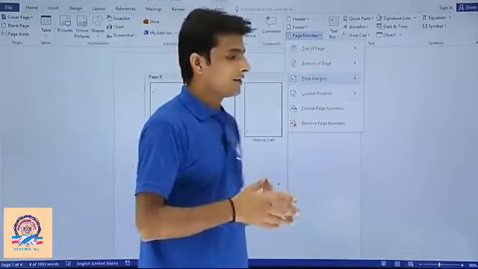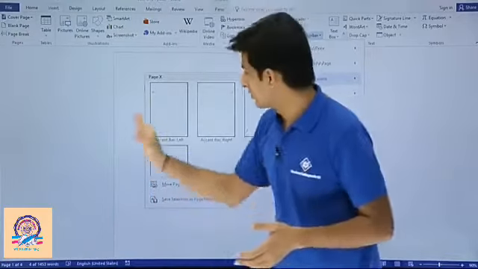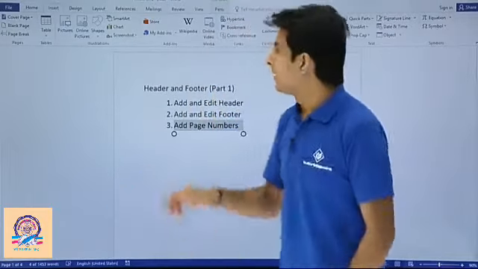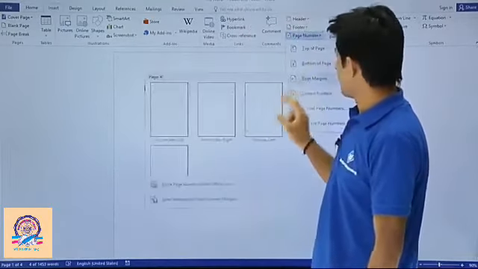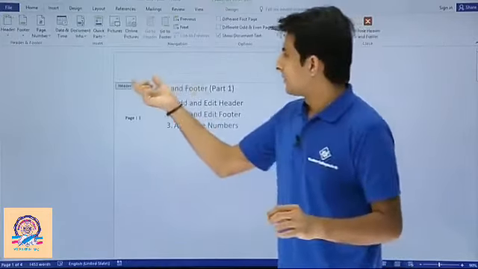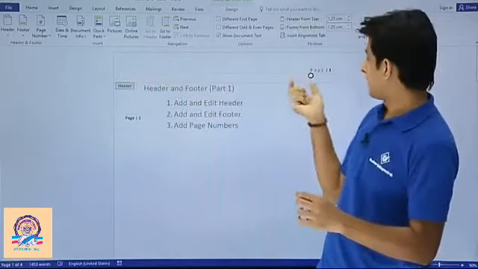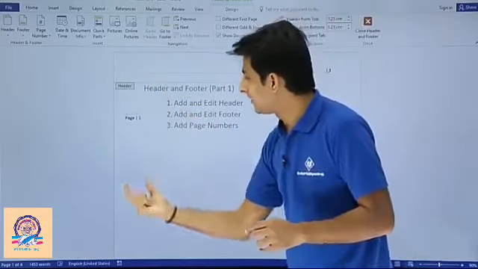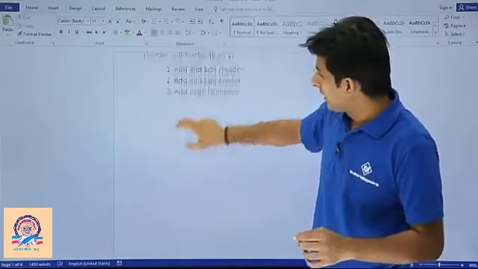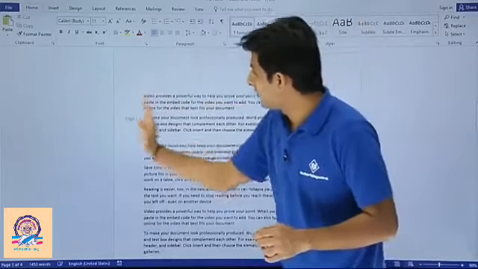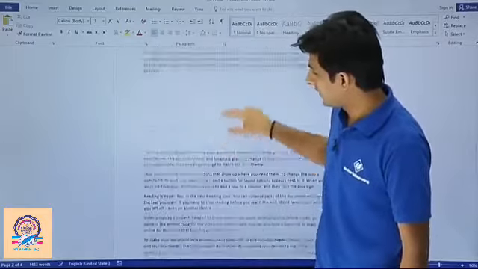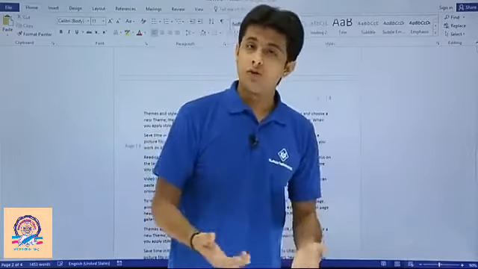If you want to add the page number into your margins, so this one, that's the left margin of your page. If you want to add there, you have to go to this Page Number, Page Margin, and if I select, let's say this one. Now if you observe, the page number earlier was added into this header itself. Now the page number is added in this margin, see there. So I'll just double click outside, and if I scroll down, you see it is the margin, not the header or footer, it is the left margin. So page 2. Similarly, if I go down, it says page 3. So this way page numbers can also be added to margins.